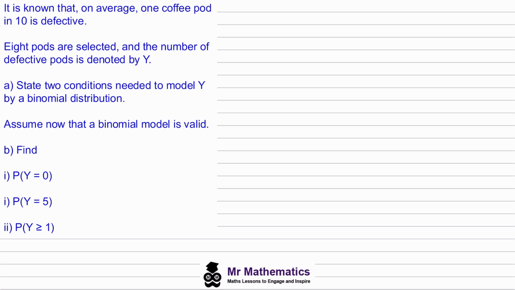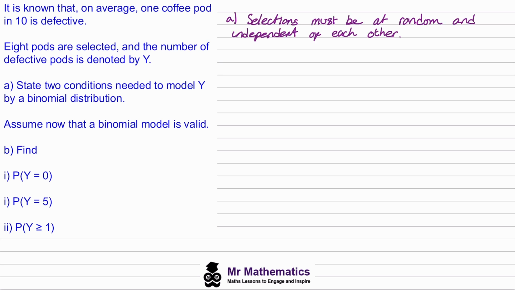So the first condition is that the selections must be at random and independent of each other. So this means that for every one you select, it has no effect on the next one that you'll select. And the second condition is that the probability must remain fixed during these selections. So if you select 1 coffee pod and that changes the probability of selecting the next one, then the binomial